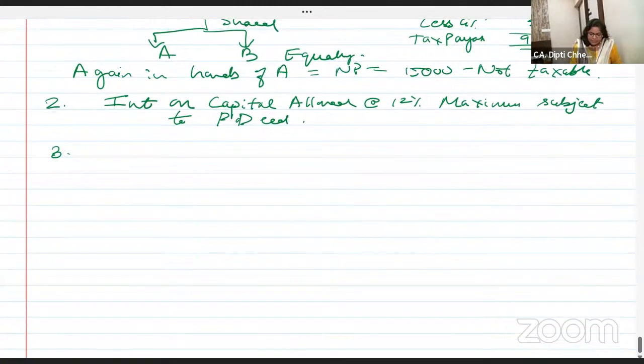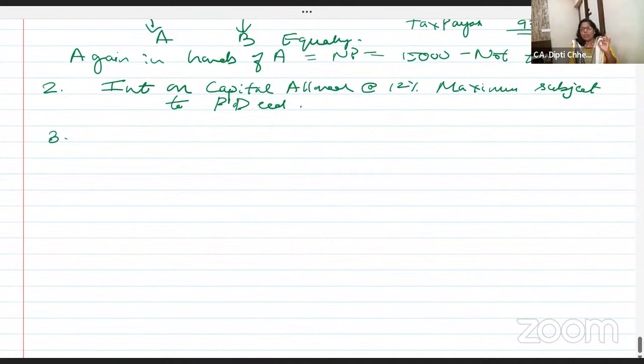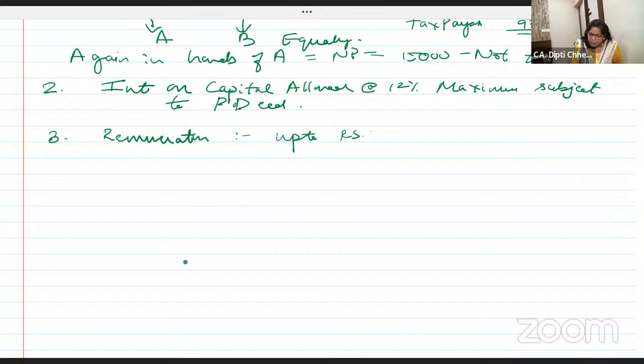Chalo आगे? Yes. So interest on capital is allowed how much? Maximum 12% subject to deed. Deed में 9% है तो 9. Deed में 19 है तो 12%, वैसे. Remuneration, salary, commission सब मिला के up to rupees 3 lakh book profit. You all know what is book profit? Add less के बाद 90%. Balance. मतलब suppose your book profit is 5 lakh. So up to 3 lakh, 90% of the profit you can give as salary and remuneration and balance 60%.